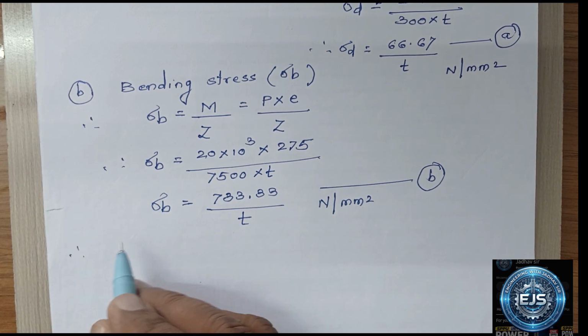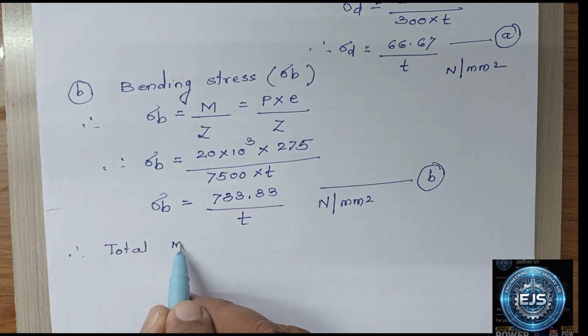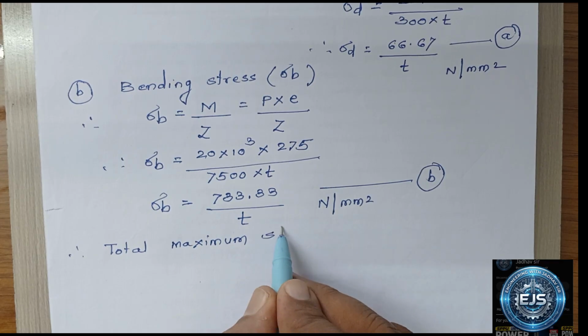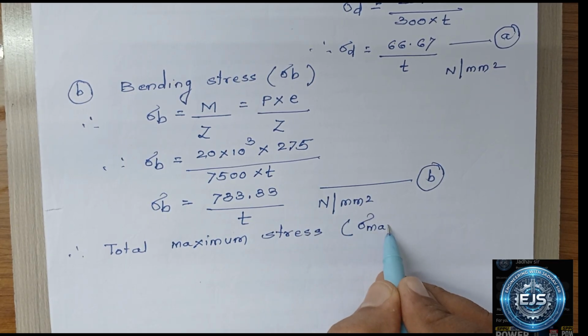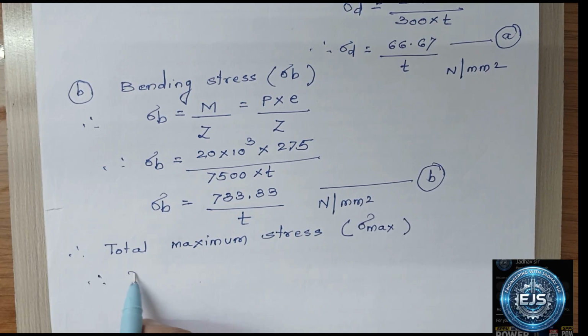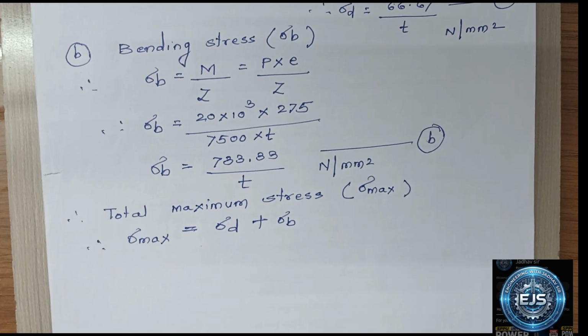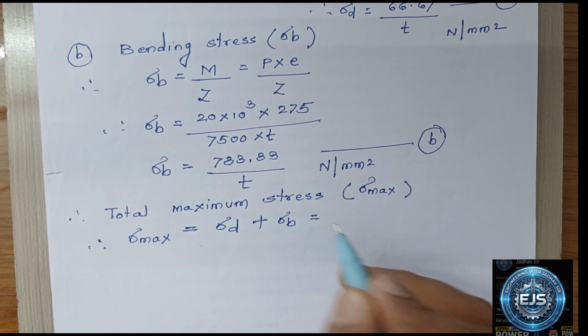So we can calculate now total maximum stress or resultant stress developed at the inner fiber. Total maximum stress, sigma max. So sigma max is equal to sigma d, that is direct tensile stress, and sigma b is also tensile. Both are tensile, that's why they are added together,